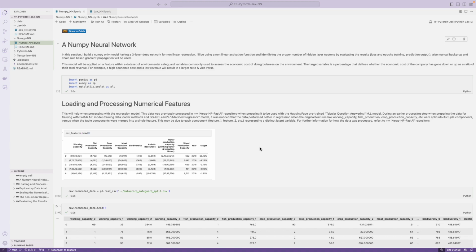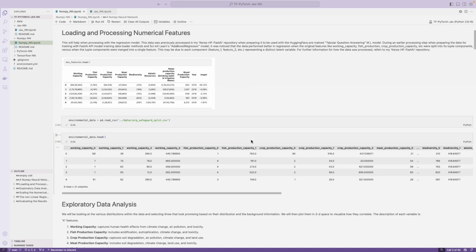TF PyTorch JAX neural networks assignment that I was working on. To begin, I'm going to talk about the NumPy neural network since it's the simplest of the libraries used to make neural networks. And the data I decided to use is a data set that I used in a